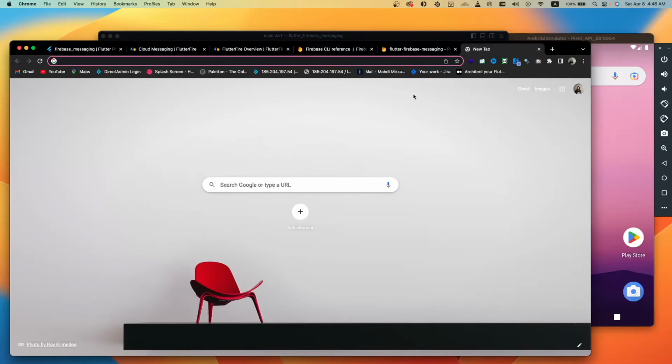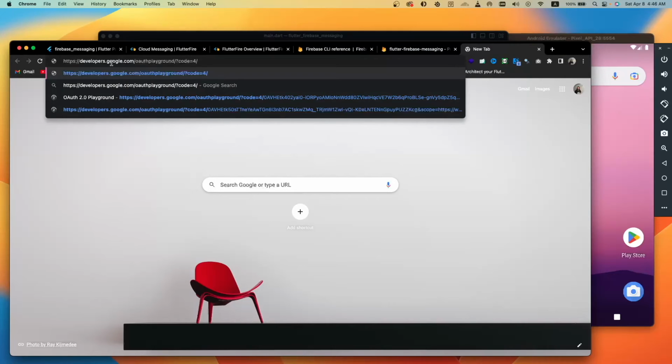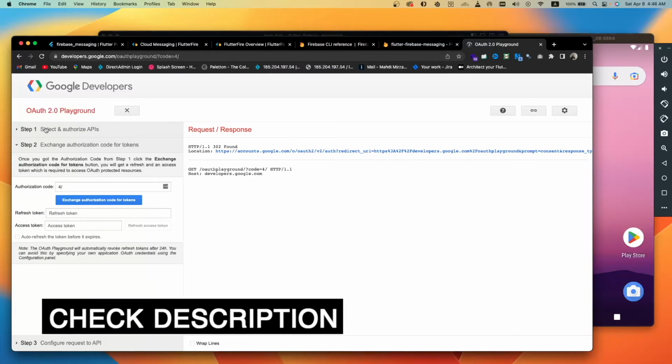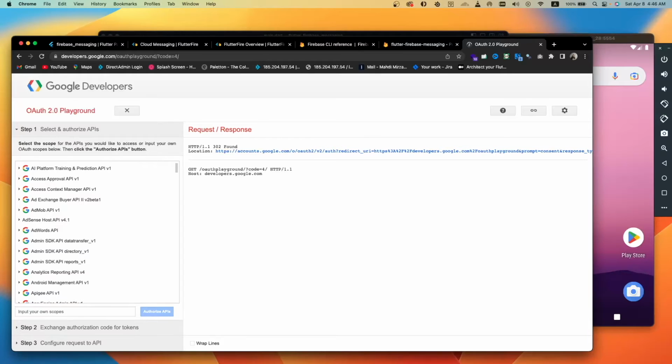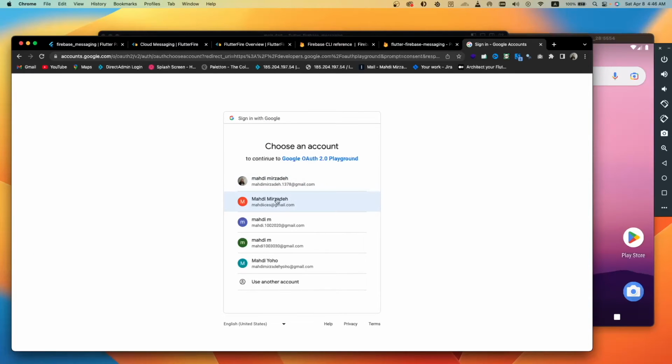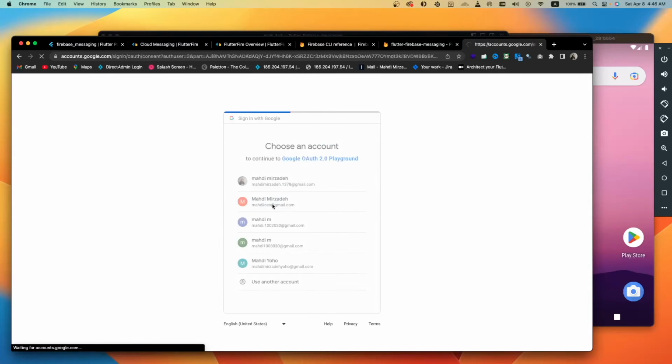For checking these, I use the developers.google OAuth playground. Enter, and in here you can see we have three steps. I go to the third step, and in here I need to authorize API for Firebase messaging. Authorize API, and after that it needs me to sign in with one of my accounts. I know that this account is for my Firebase, and my applications and projects are initialized in this account. I choose this and allow,